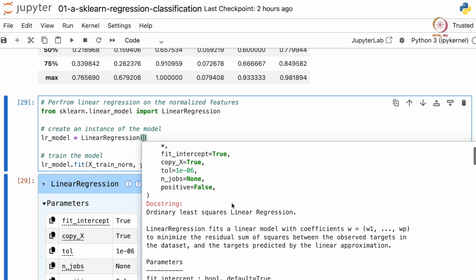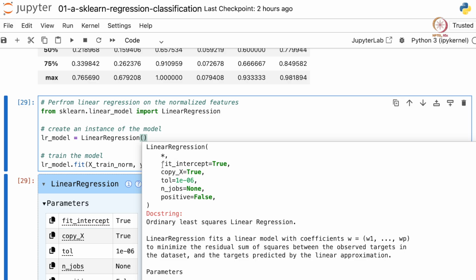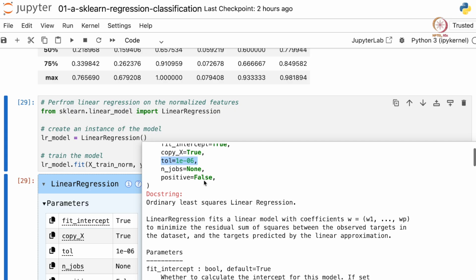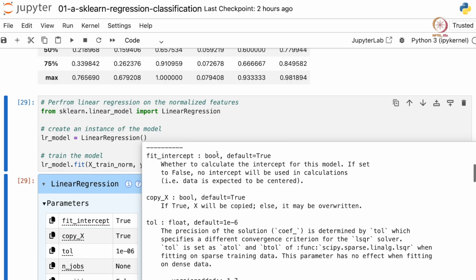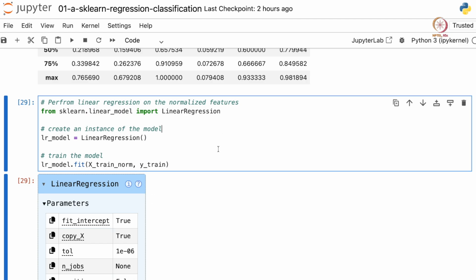And basically you can set what these hyperparameters are. By default, fit intercept is true, copy X is true, tolerance is 10 to the power -6, etc. For example, fit intercept means whether to calculate the intercept for this model and so on. You can go through this on your own.